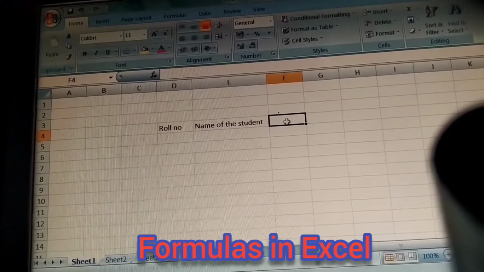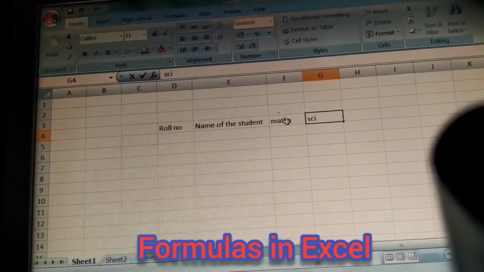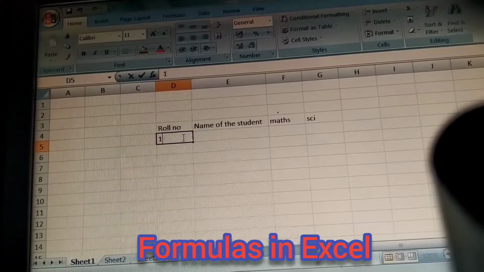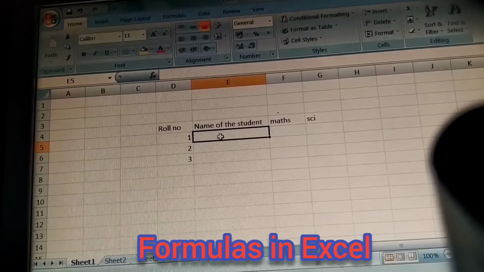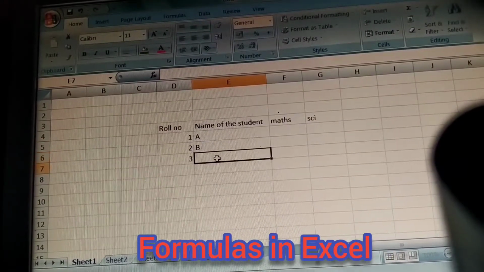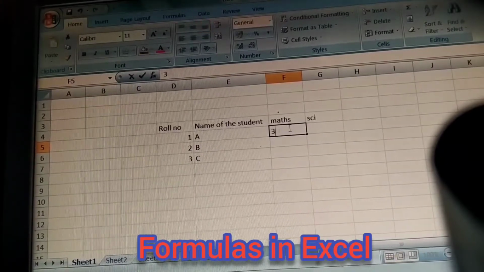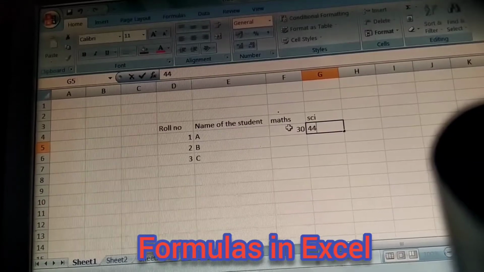Then third is maths, and next science, two subjects. Then here 1, 2, 3, and here A, B and C. So A has 30 marks in maths and 44 marks in science.